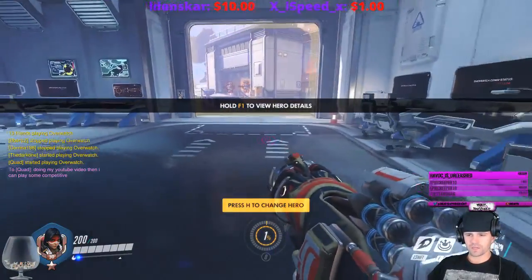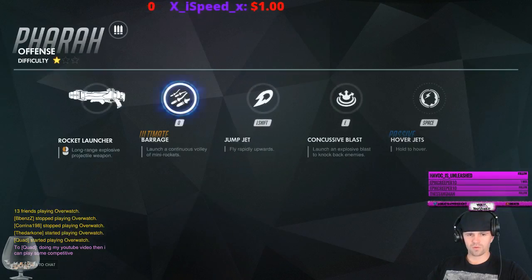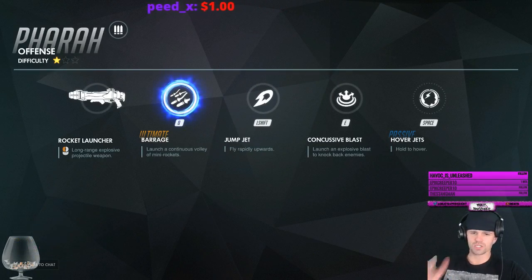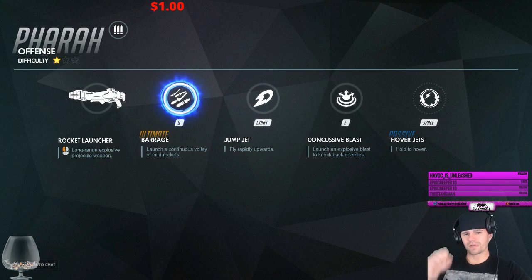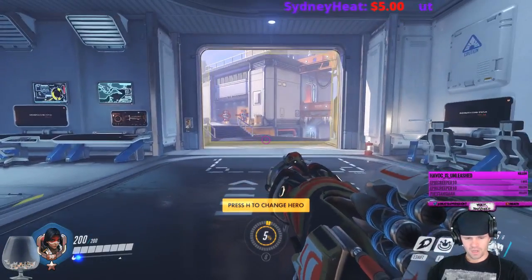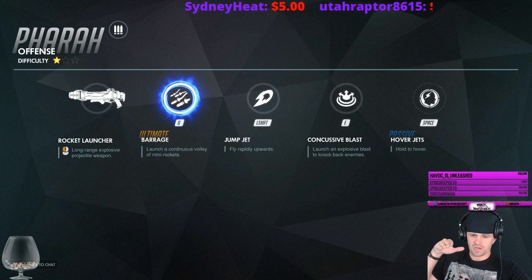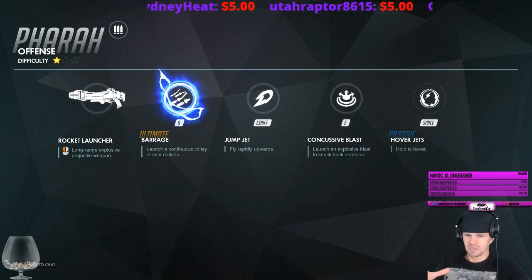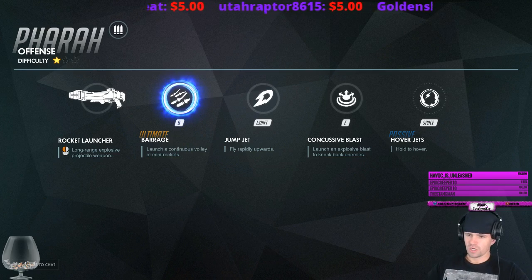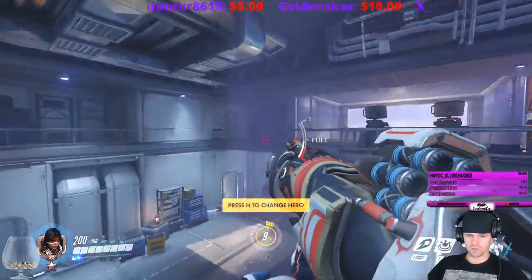So if you look at Pharah, she's pretty good, pretty simple moves. So we'll look at F1 real quick. She's got left click as a rocket launcher, which shoots a rocket. Her special is a rocket barrage, so it's a whole bunch of rockets that come down. Also, she's got the jump jet, which is the shift key, which launches you up in the air. And then we've got the E, which is concussive blast, a shot that knocks enemies back and does damage. And then you've got hover jets, which is spacebar, which causes you to float or fly straight up,